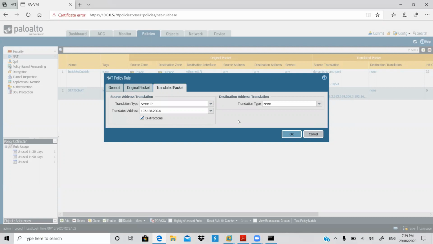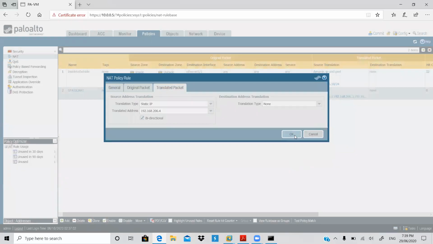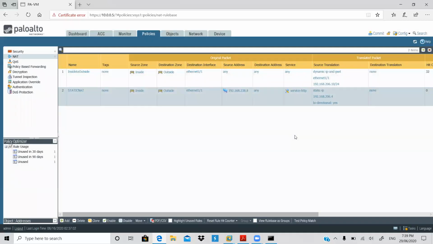Okay. Destination address. Okay, fine. And then after, commit it. Commit.